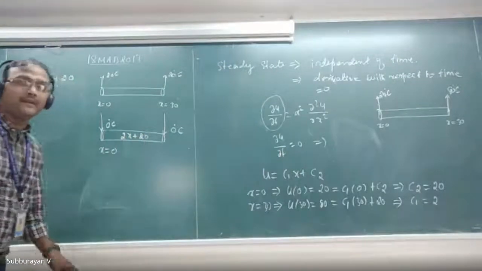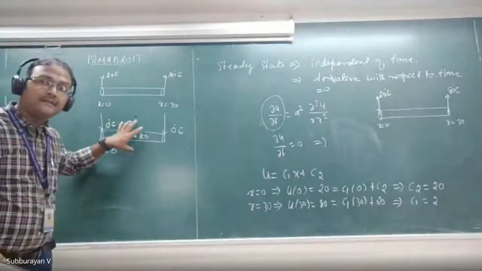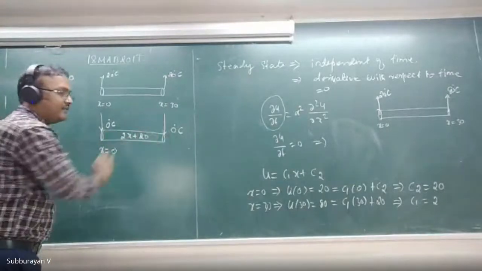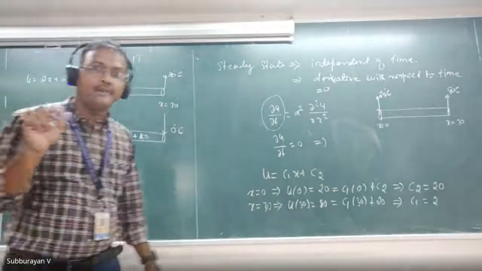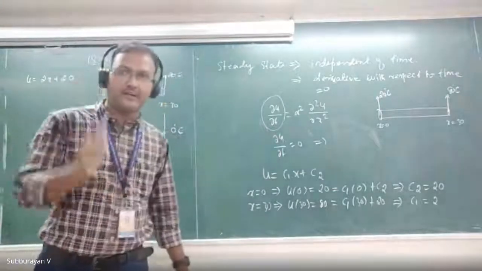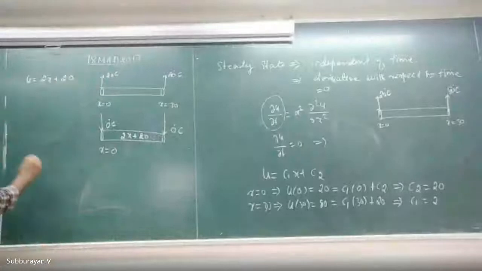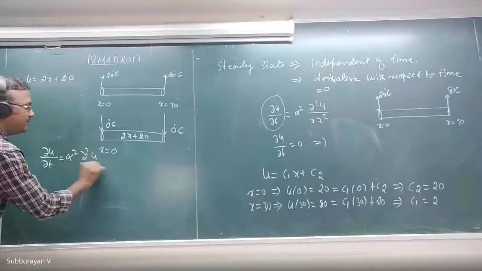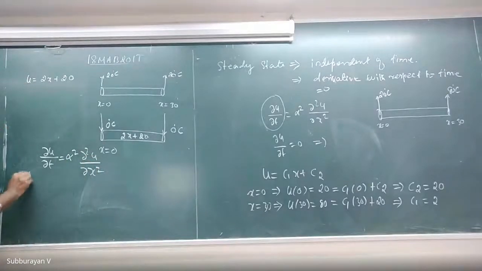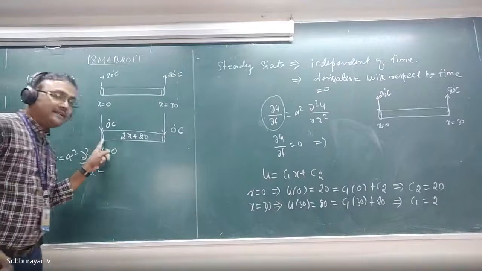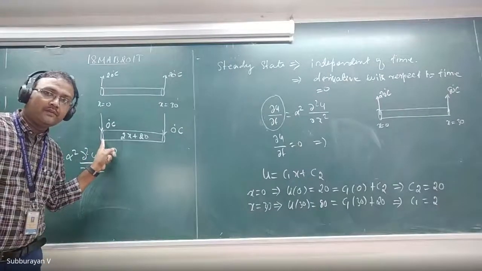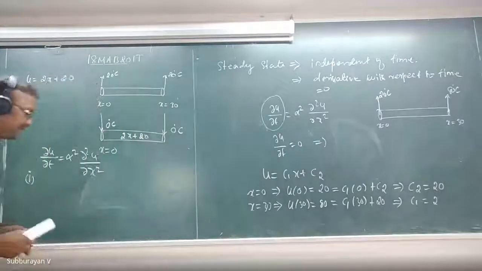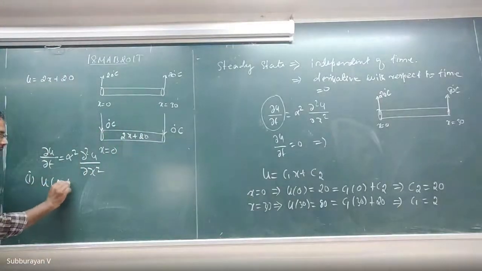Now, I will formulate such a problem as a mathematical problem like this. What are we dealing with? We are dealing with a rod problem, the one-dimensional heat equation. First you have to write down the equation: dou u by dou t is equal to alpha square into dou square u divided by dou x square. And now we are maintaining the temperature at x equal to 0 at 0 degrees Celsius for any time. Therefore, u of 0 comma t is equal to 0.